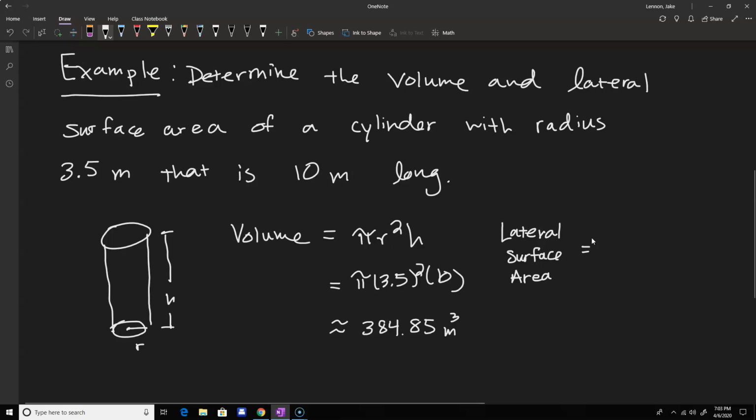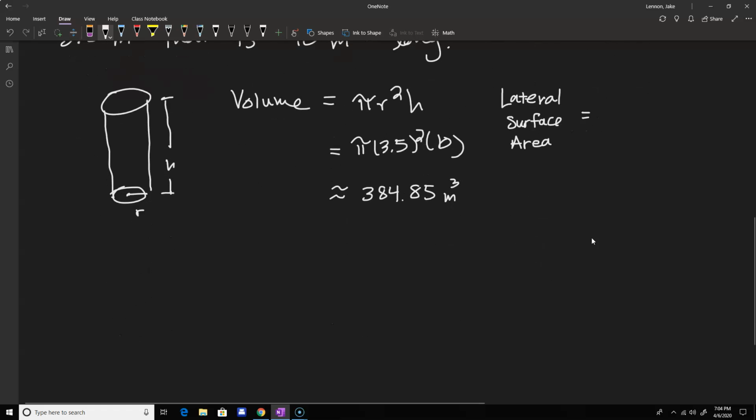So you'd basically be adding 2 pi r squared to your lateral surface area formula. But what is the lateral surface area? Well, if we want to think about the lateral surface area, if you took a